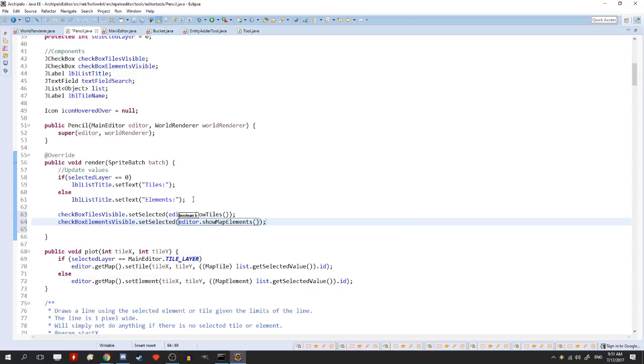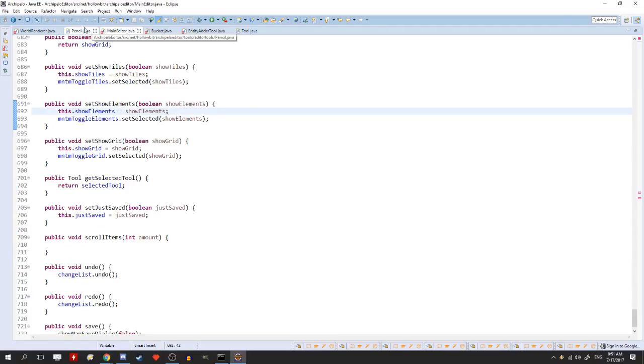So basically 60 times a second it's going to update this checkbox to whether it should display the tiles and the elements or not. So that'll keep it in check, make sure it's at the right value, because otherwise we'd have to add some sort of way for the main editor to update the tool to tell the tool that,